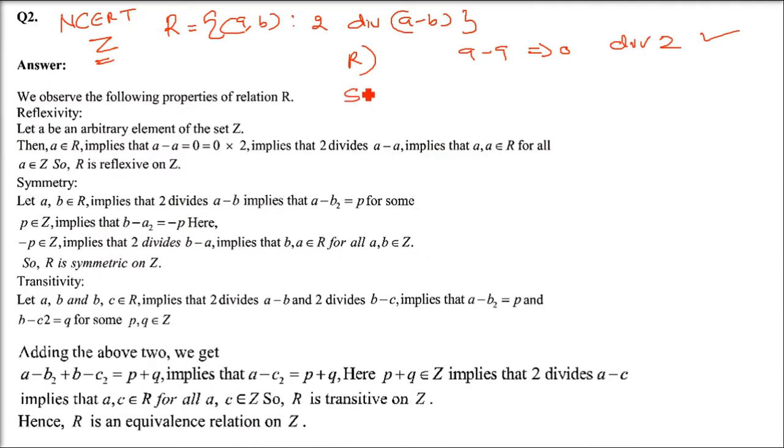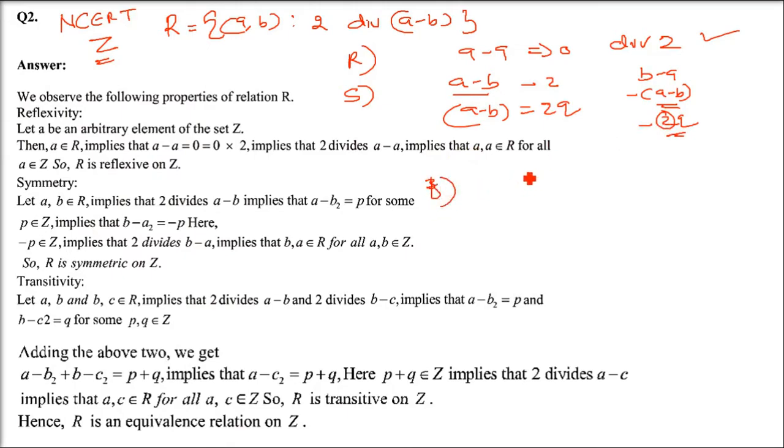2 is dividing this a minus a. Symmetric. Now replace a with b, and b with a. So a minus b is divisible by 2, and b minus a is what? You can write it as minus (a minus b). When a minus b is divisible by 2, let us say it is 2 into some q. So minus (a minus b), you can put a minus b as 2q here. So it is minus 2q, you are getting some constant. So it is having 2, that is, it is a multiple of 2 or divisible by 2.